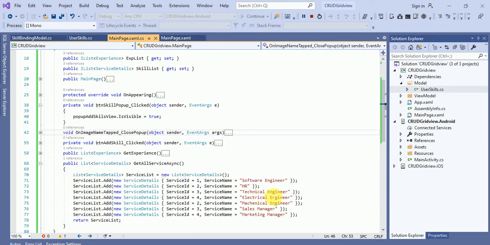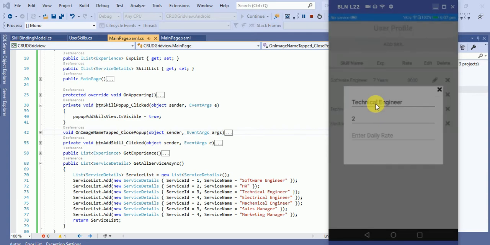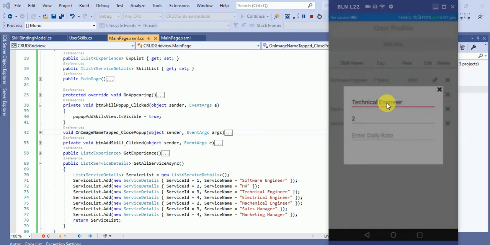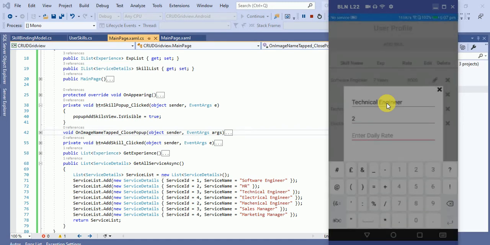Okay, so what we have did first, we have created this add skill button. We have created event on add skill button, and on add skill button once you will click, the pop-up will come, and here we have bound this picker, and second we have bound this picker, and now we will put the entry in the free text.